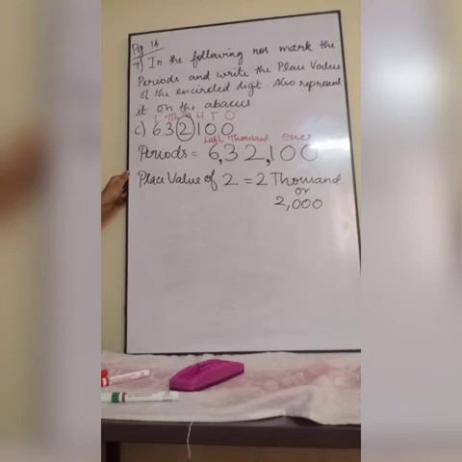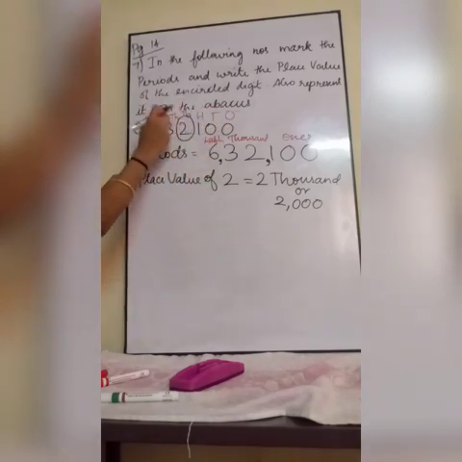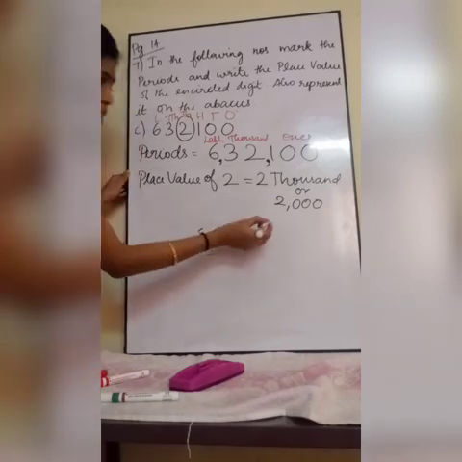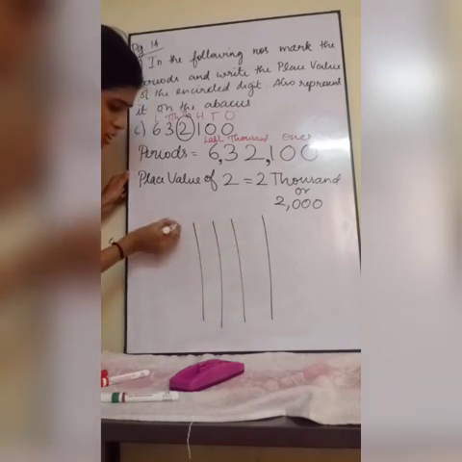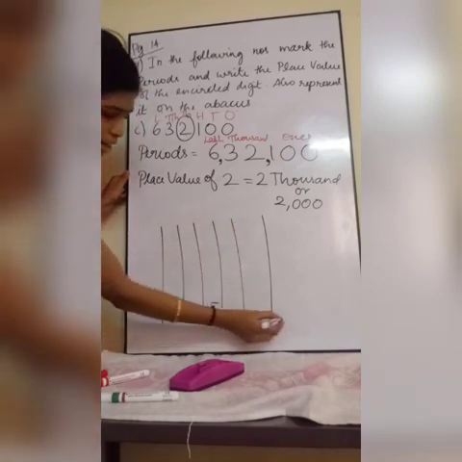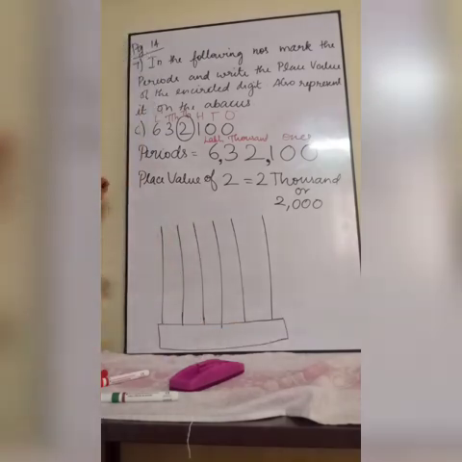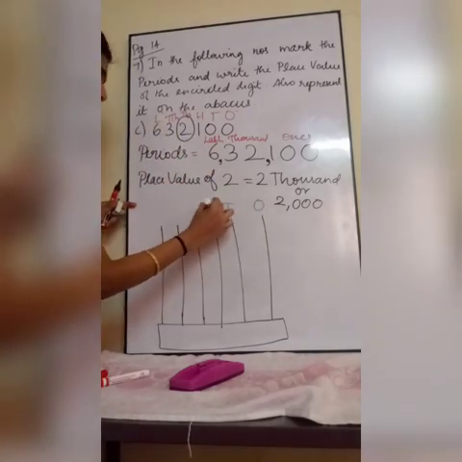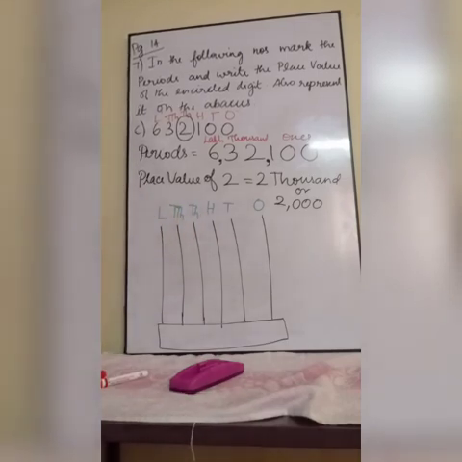Now we are going to represent it in the abacus. What I told you: ones, tens, 100, 1000, 10,000, lakh. Like that you have to draw these strips. Next you draw one box here. First I have drawn the strips. So I am going to write here ones, tens, hundreds, 1000, 10,000, lakh. Based upon these place values I have drawn these strips.